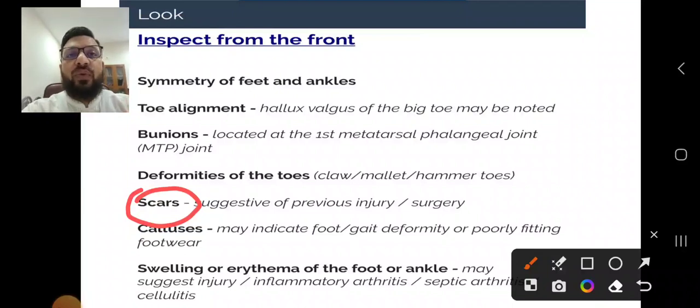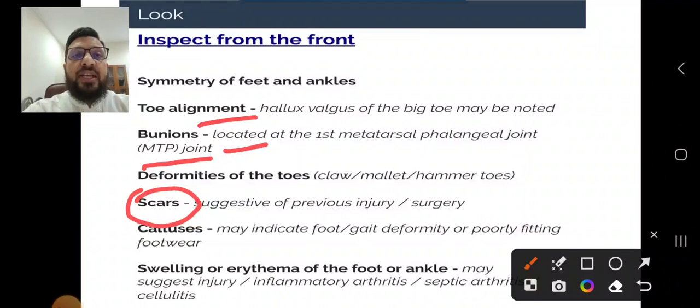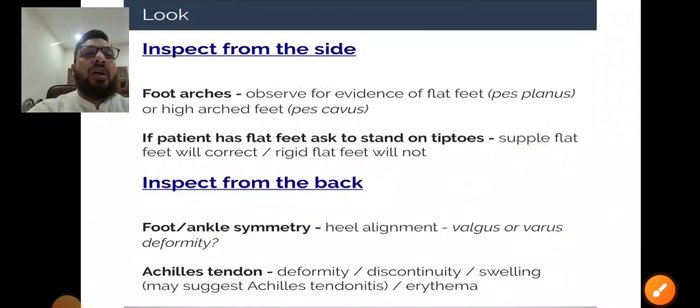Then you have to look for any toe alignment, any bunions, especially in the metatarsophalangeal joints. Then you have to look for any swelling or erythema around the foot or the ankle. So particularly important in this scenario will be the scar mark. Next,